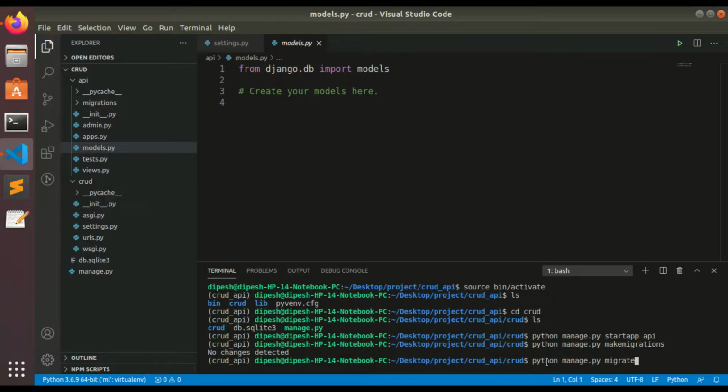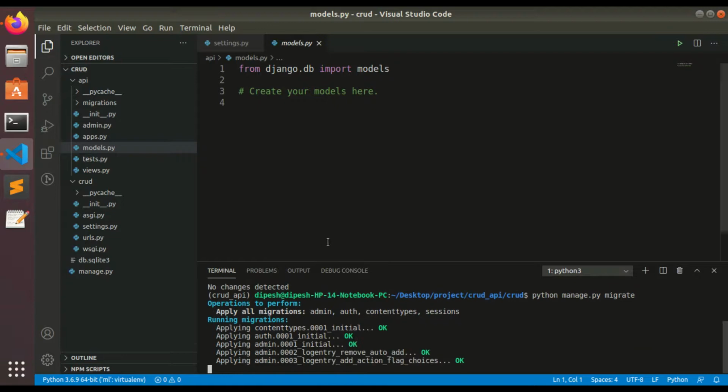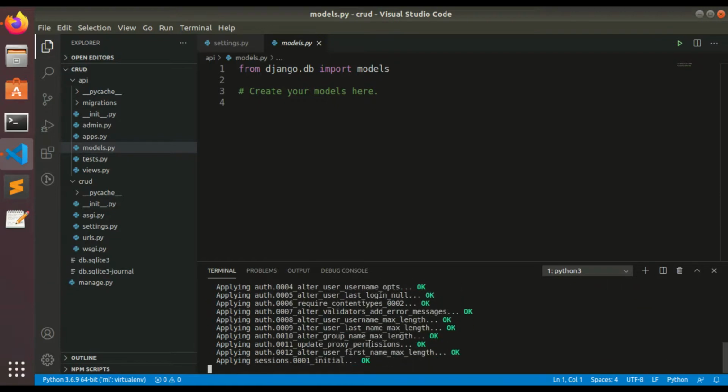Whenever you create a model and want to migrate it to the database, first you should use the makemigrations command, and after that you should use the migrate command. After using python manage.py migrate, press enter. Here all the migrations are done, and these tables are migrated into our database.